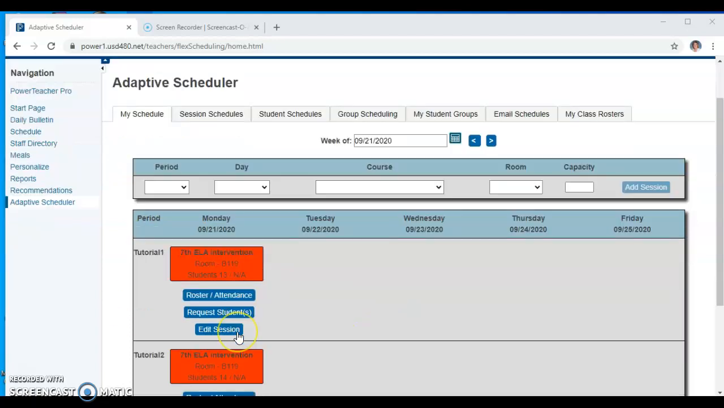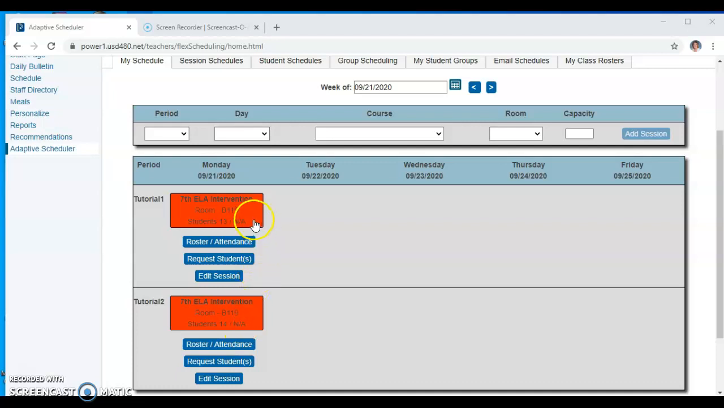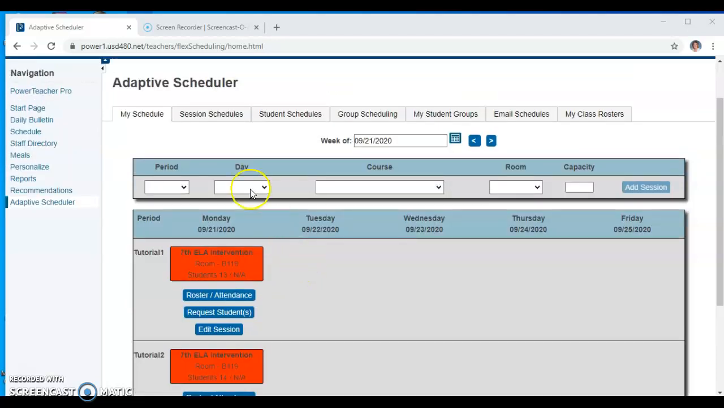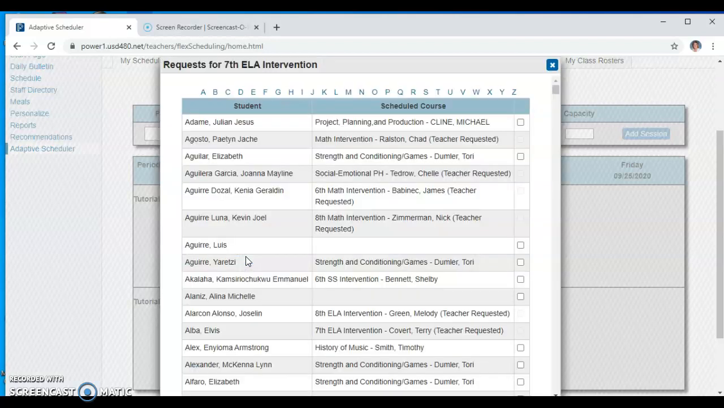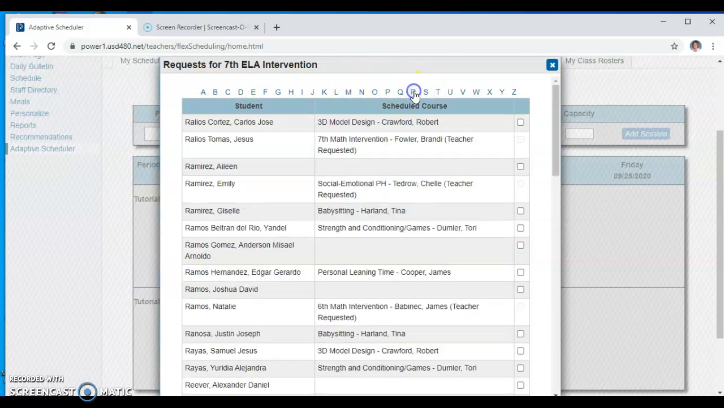So once you've built your sessions, again, I'm on Miss Way's account, and her sessions are built. So I'm just on the My Schedule tab with the sessions created. If you just go to Request Students, then I believe this will give you all the students, and this is alphabetized by last name, so if you need a student with the last name R, then you could search, and you could see, like, if you needed this student,